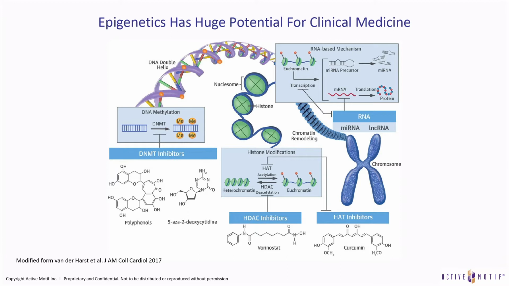So this was an image that I found from a recent review in 2017 showing how epigenetics could be targeted in cardiovascular diseases. But a lot of these principles hold true for really any disease state. So we can see here from this image that we can target DNA methylation with DNMT inhibitors. We can target histone modifications with HDAC, or histone deacetylase, or histone acetyltransferase inhibitors, which have broad effects on gene